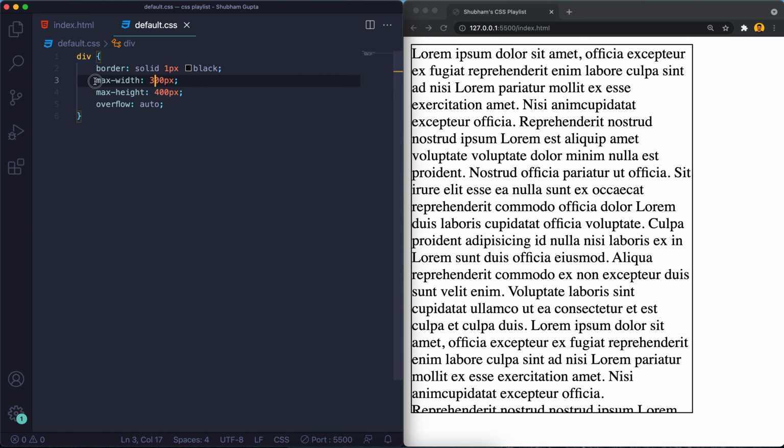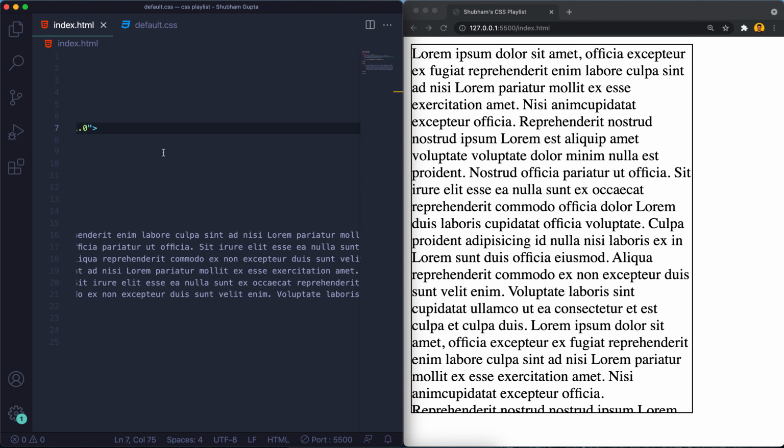So you might be confused about the difference between width and max-width, and height and max-height. The difference is, if there is less data which has not reached 400, it won't take the 400 pixel height.